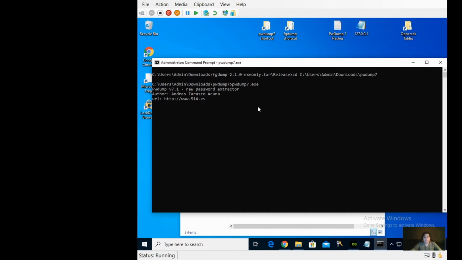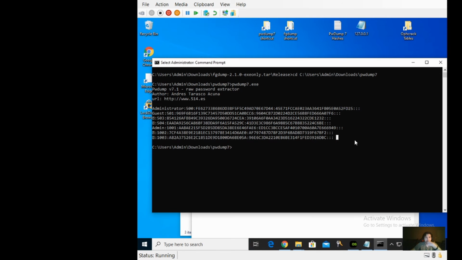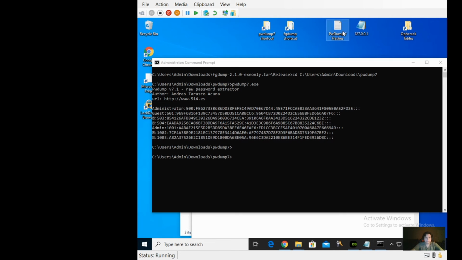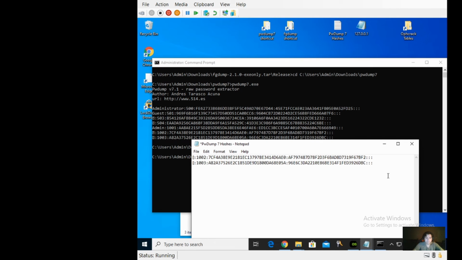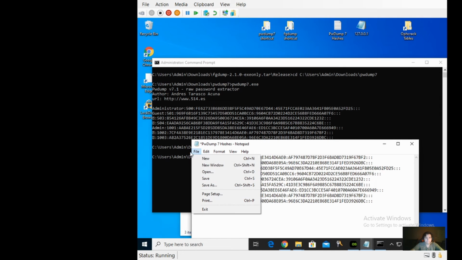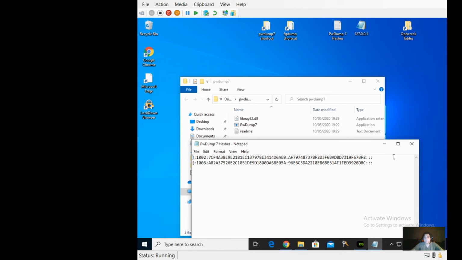So in a minute, it should generate the hashes, I believe. Yes. And so these are the hashes that are copied in this file. Or actually not, so I'm going to just copy all of them. Control C, Control V. We're going to save that. We're going to save this file. And now we can close out the command prompt, and that is how you use fgdump and pwdump to